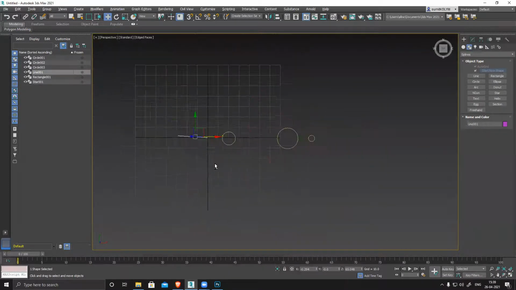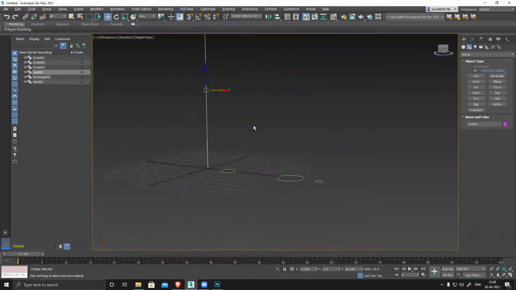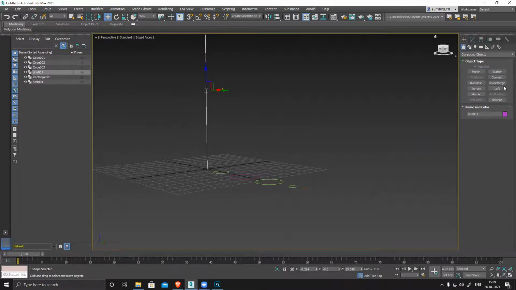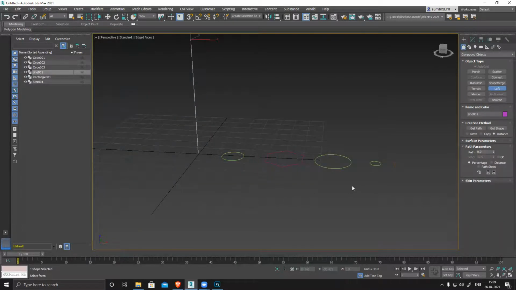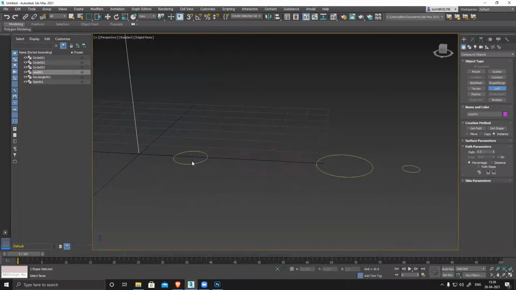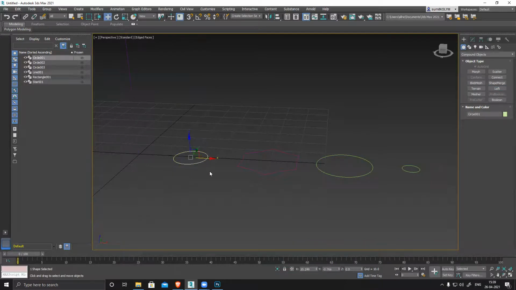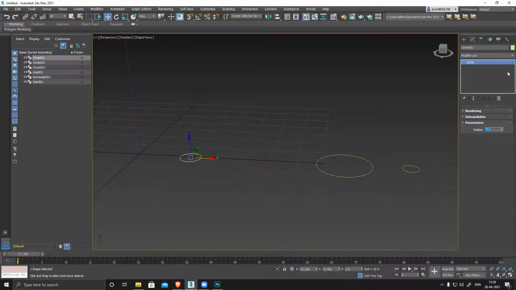The perspective view. Select your line, go to compound objects, click on loft, and 0. By default it starts from 0. My base is a circle. I plan for this circle. Now I feel this circle is a little too big, so I'll make it 4.